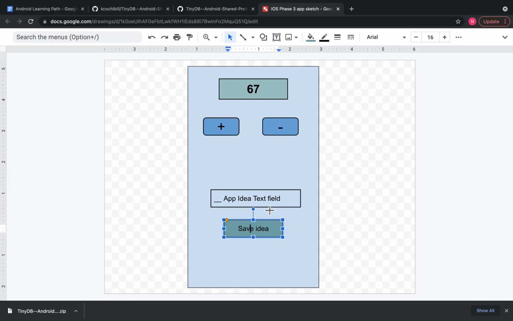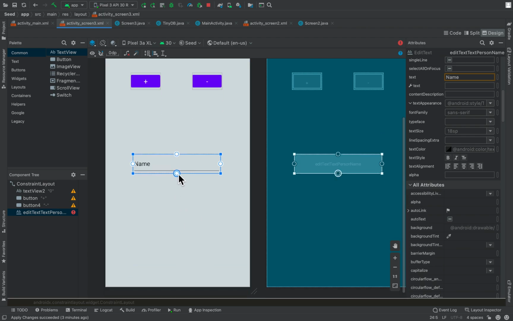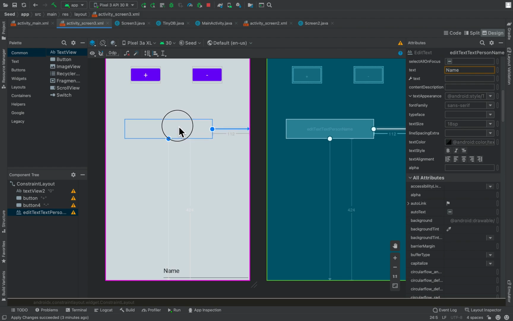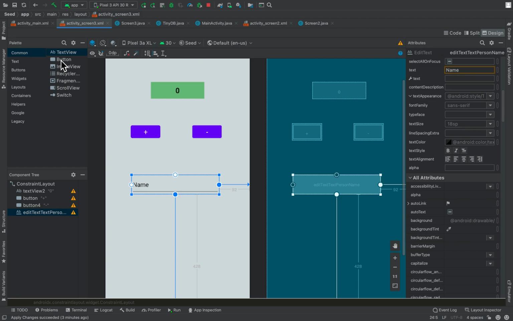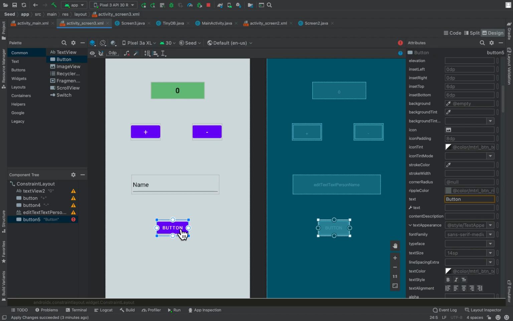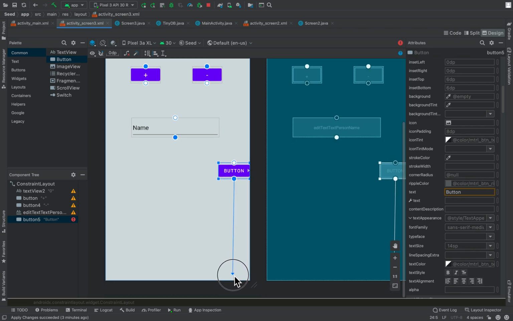And then the next thing on our design is a button. So let's add constraints to this and then bring in the button. So we're gonna add a vertical constraint, a horizontal constraint, and then drag it to where we want it. Then let's bring in a button to save the text. Let's add a horizontal constraint, a vertical constraint,